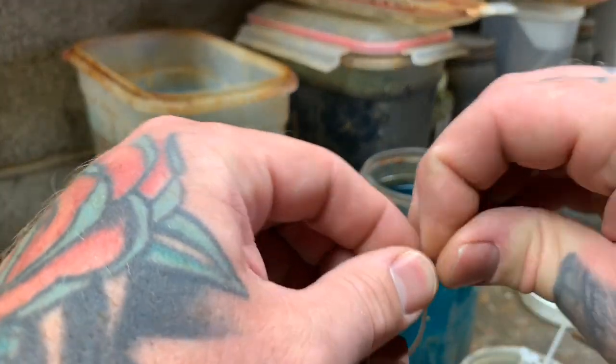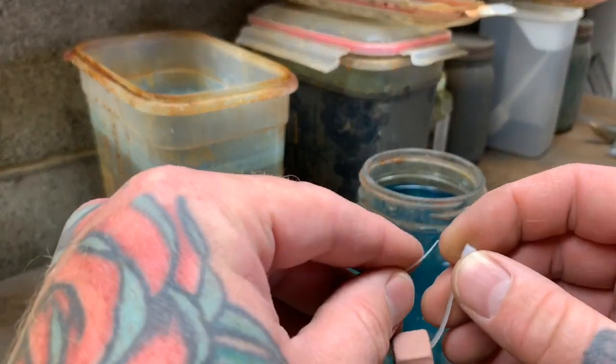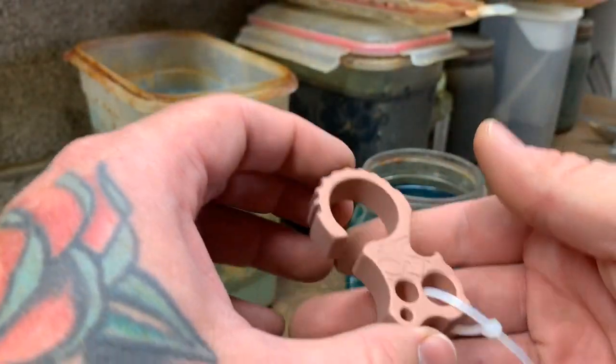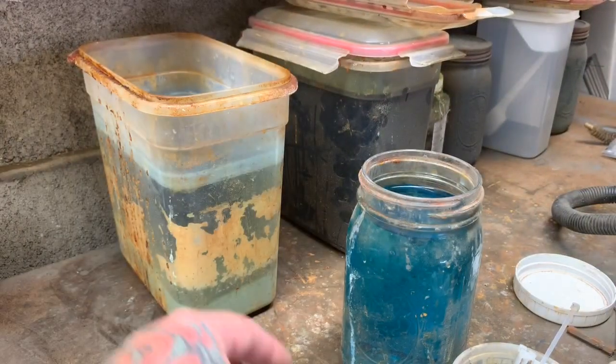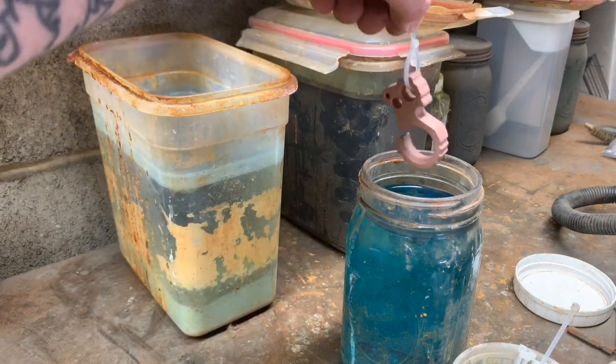And this tumbling is more for looks than actually any kind of deburring or anything like that. After water jet, I have everything tumbled, so all the edges are smooth from that. So that's that. All right, now what I do is I just take one, dunk it in,